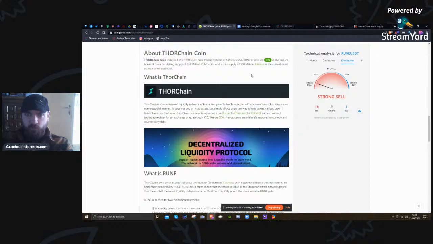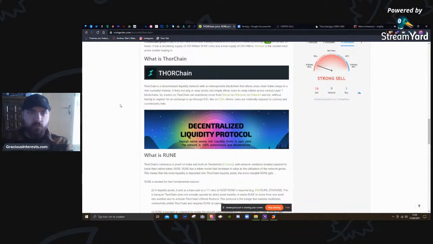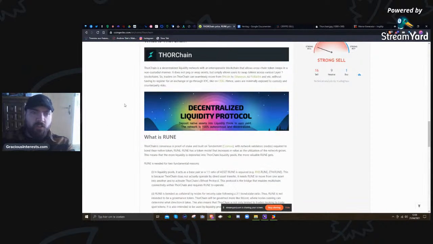I expected as much, because THORCHAIN, as mentioned in the tags, is making use of the Binance blockchain. Continue. What is THORCHAIN? Decentralized liquidity network with an interoperable blockchain that allows cross-chain token swaps in a non-custodial manner. So to translate this, it's an exchange,